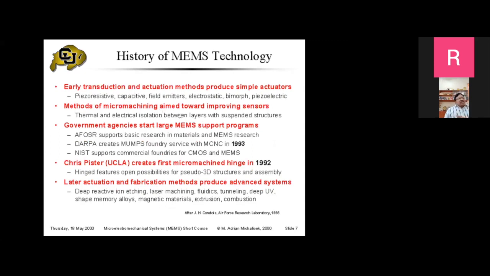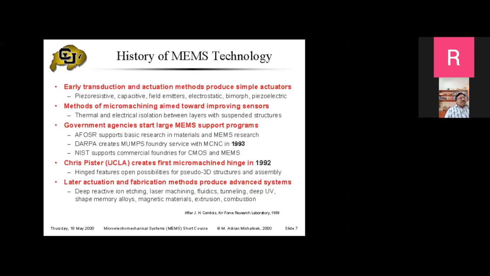So there is what is called transduction and actuation. That means you have to move these devices. That was not available in VLSI earlier. You can make devices like capacitances, electrostatic movement, etc., by mechanical movement. Suppose you change the spacing between the plates of a capacitor, suppose you move them physically, then the capacitance will change. So that is one of the effects. That is an important requirement in MEMS.